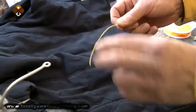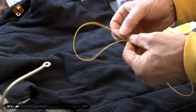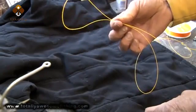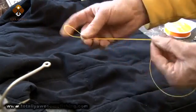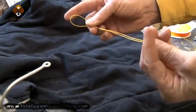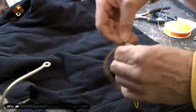It's basically called a surgeon's loop, and effectively it's a double overhand loop, but it'll give me a double line. Normally I would tie this, it could be 8, 10, 12 feet long, this double line. So you've got your big loop of line, bear in mind from here to here is 12 feet. Come on ladies, use your imagination. I'm trying to help you here. Just get both doubled lengths and